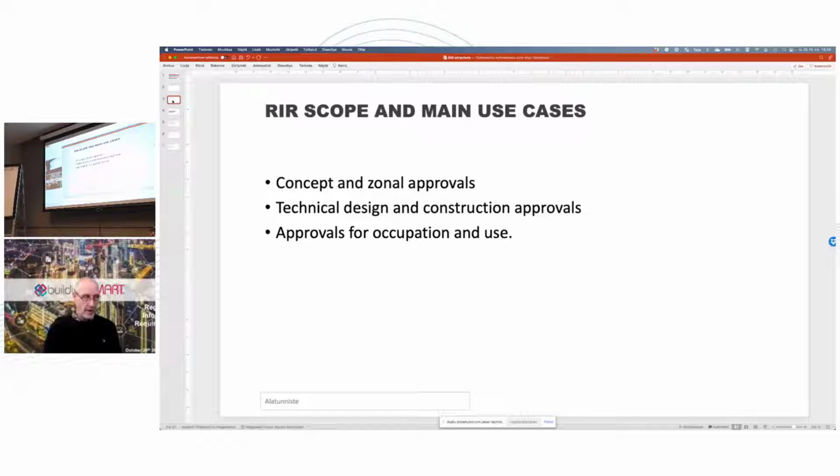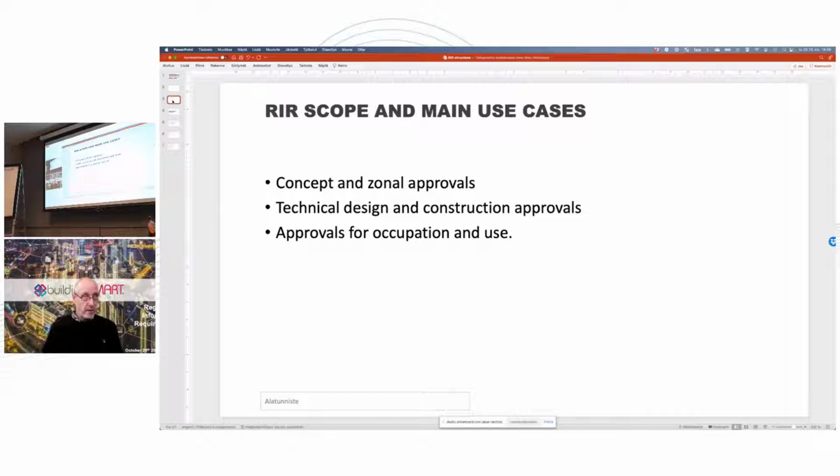You have the actual purpose, where you identify the actors, contractual things, maybe other regulations, kind of prerequisites for the use case. In the second part, you specify the processes, and